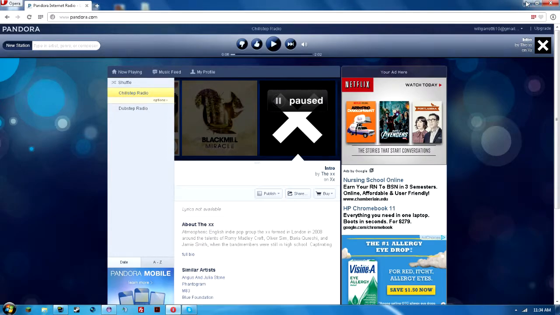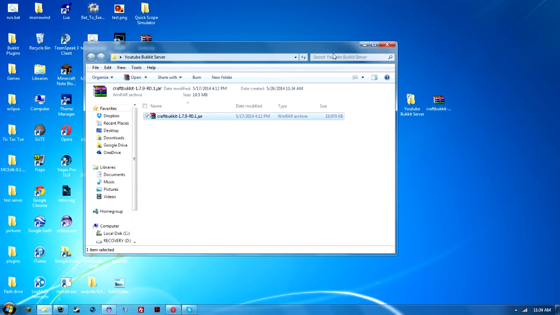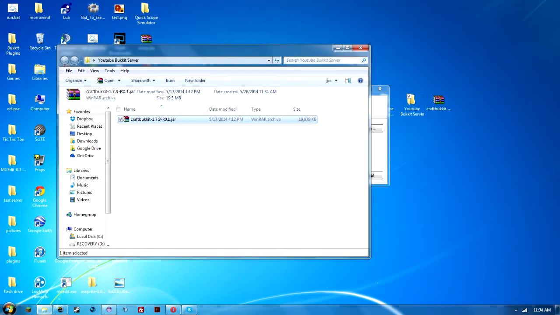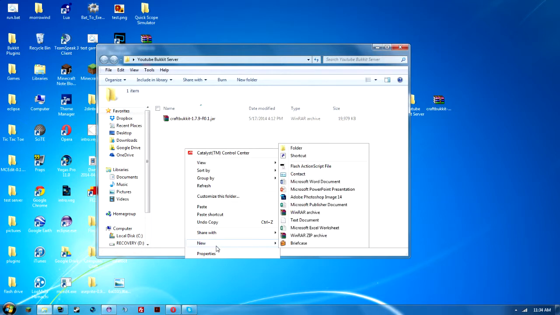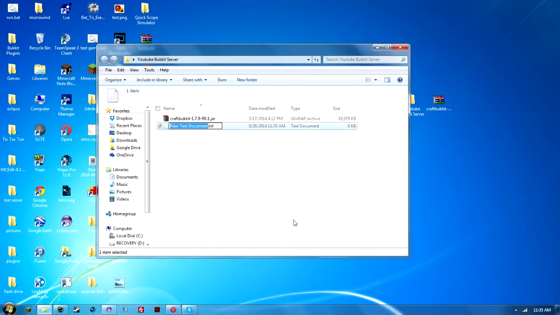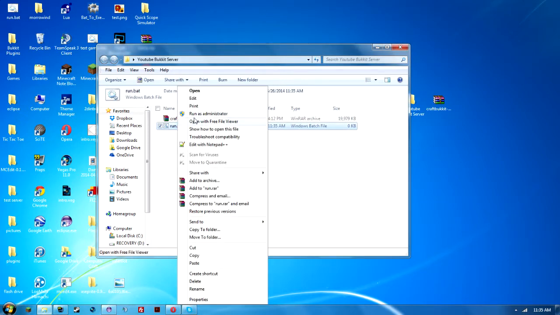Anyway, once you have those, I have my Bukkit on the desktop. We're going to first create a server, so we're going to copy this and paste it into a folder I created called YouTube Bukkit server. So we have that in here. We want to create a new text document, change the extension to bat, and I'm going to call it run. Now we're going to edit it,